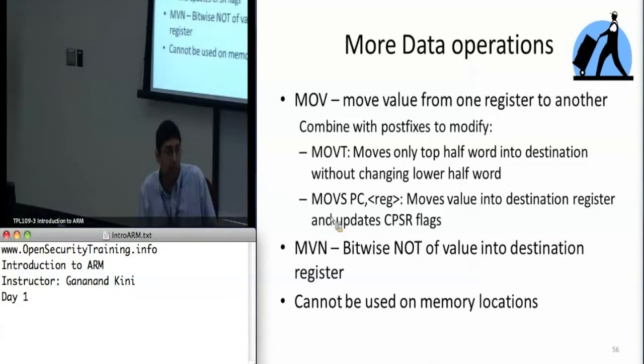Now the other side effect of this is you can see that there's an S flag, and this one is a special instruction because it actually changes the mode as well. So we'll cover a little bit about the different modes. But if you're in user mode, like we've been talking about so far, and you do a move as PC LR, it will take the value that was in the SPSR, which was the saved program status register of whatever mode you were in,